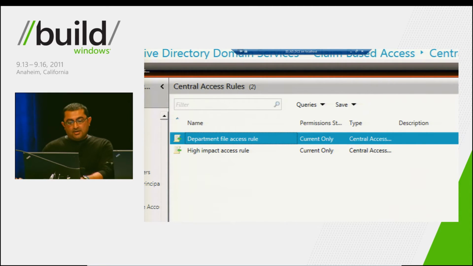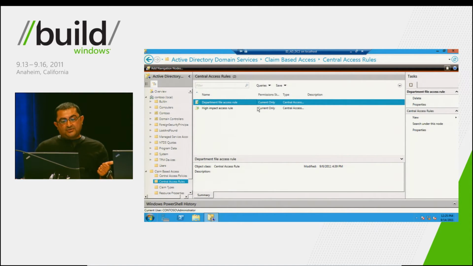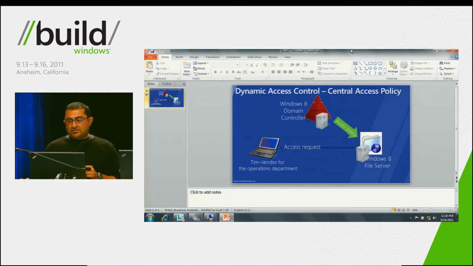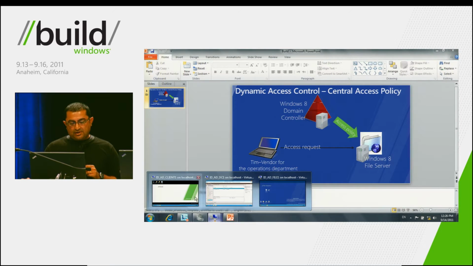Great, thanks Neil. So as Neil has mentioned, he has configured two central access policies. One is a departmental policy, which says that users of department X can only have access to that department's data. And second is anything which is high business impact data should only be visible to specific users. So let's go and take a look at those in action. So here we have a client